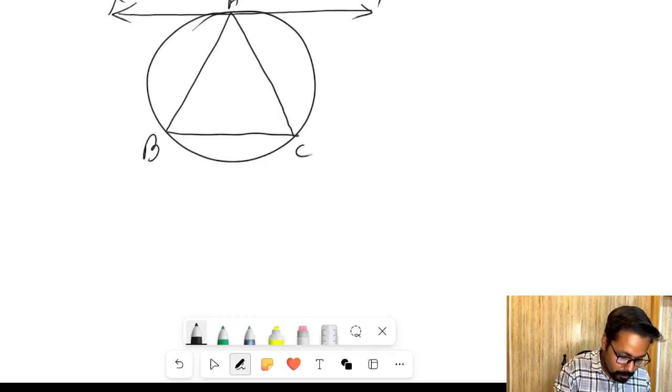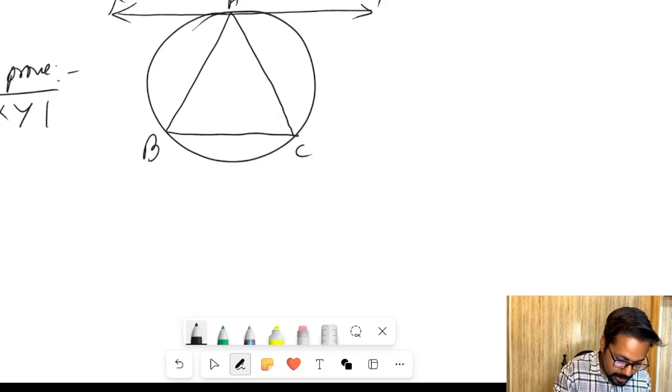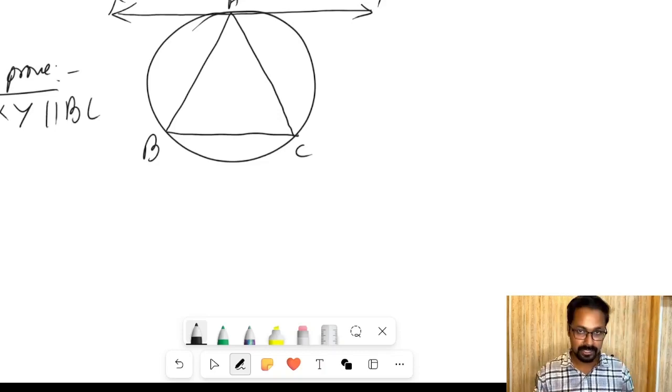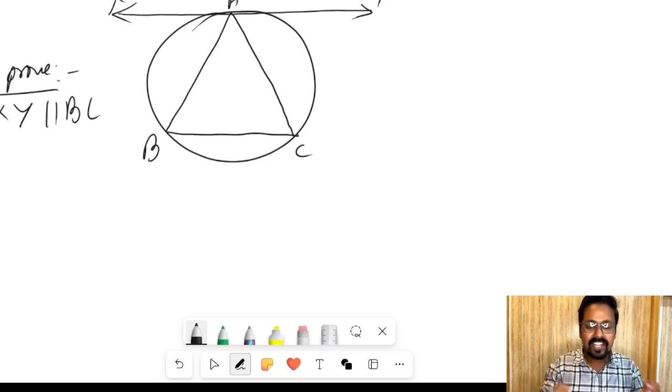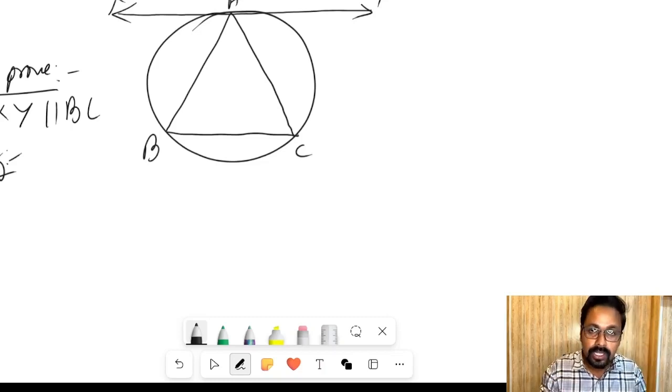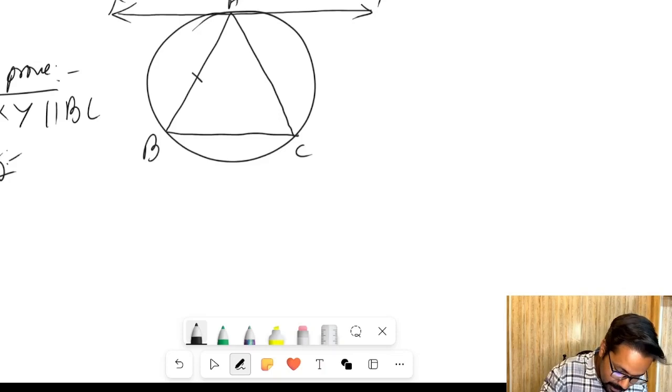So what do we have to prove? We have to prove that XY is parallel to BC. This is what we have to prove. Very simple sum. Okay, let us see the proof. What do we need to do here? We know the alternate segment theorem, and it has been given in the question that AB and AC